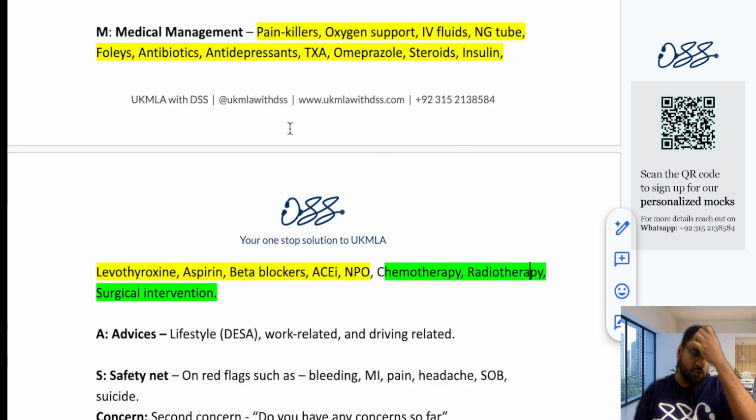Let's suppose there is a patient coming to you with back pain, and he is diagnosed with prostate cancer. Okay, so for the back pain, you can give painkillers. Okay, you can give IV fluids to the patient. Okay, that is the level of management that you can do. But since it's a prostate cancer, it would require some complex management.